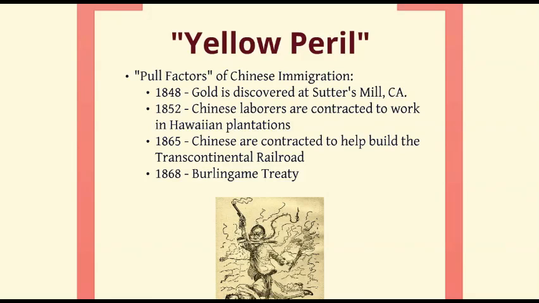So remember, the very first major event that will happen here in the U.S. is when gold is discovered in 1848. We have the gold rush, and so tons of Chinese will arrive from China here into California in search of gold, and also to take on some of these business opportunities that come about once gold is discovered.